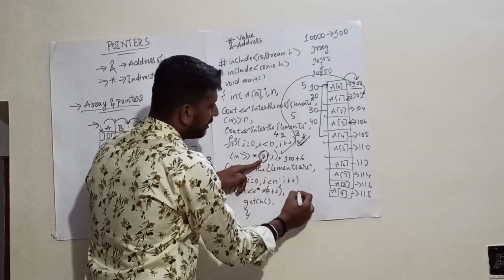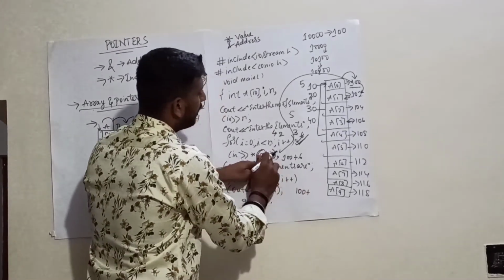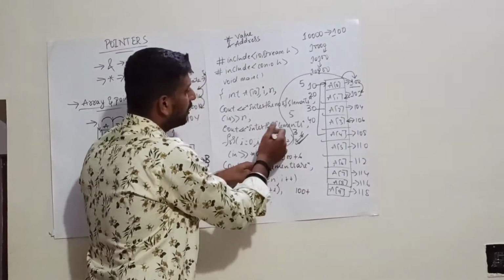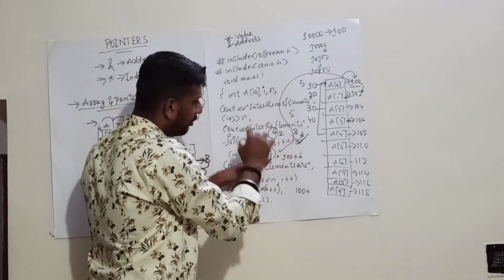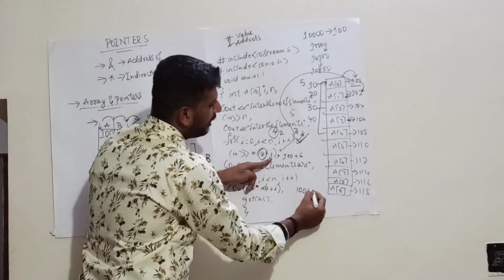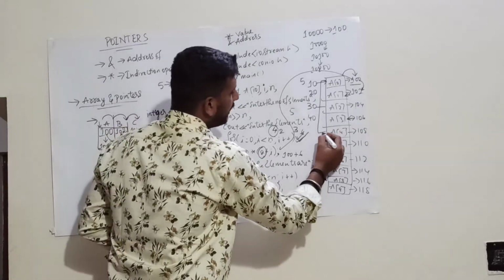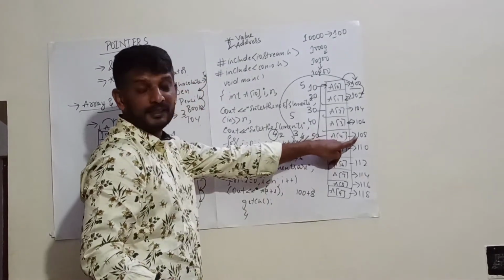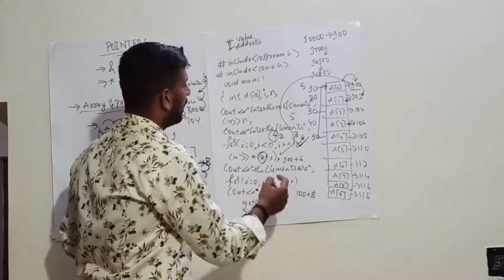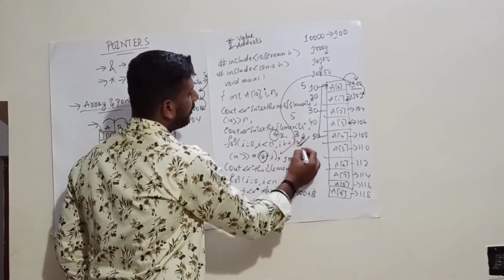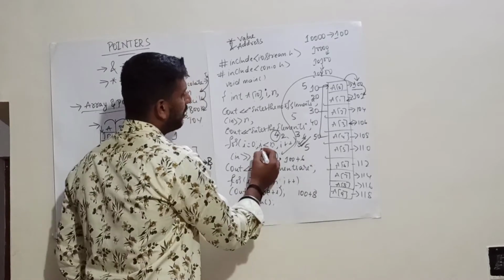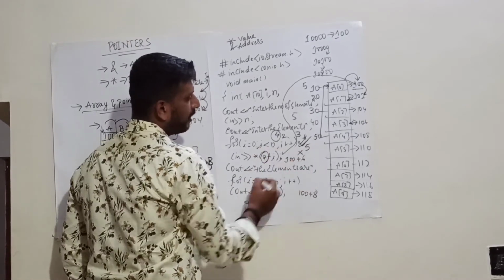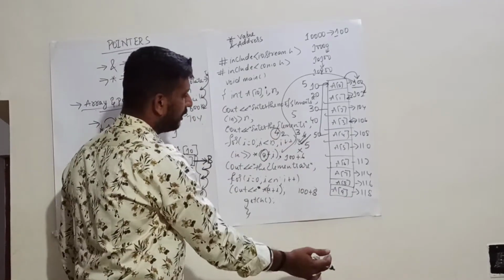Again, the starting address is 100. And you are incrementing in the steps of 2. Since the I value is 4, but the integer pointer, it becomes 8. So the next value, whatever you are storing, it gets stored at the address that is called as 108. Again what happens? I value gets incremented. I value now becomes 5. 5 is less than 5, it is false. Now it will exit out of the loop.